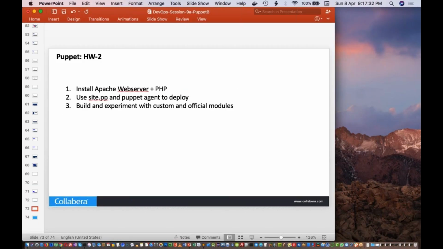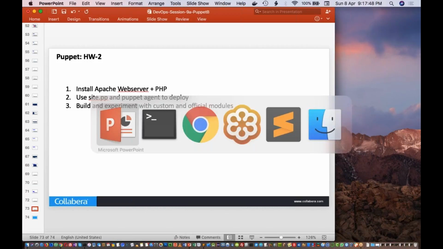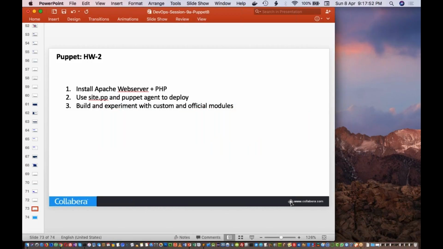As homework, please try out the example that I have showed you. Since I was not able to show you that web server with my web module, the whole init.pp, as homework you have to do that one. The content is available in the presentation, so please try out, and if you are facing any issue, please email me and I'll get back to you. While emailing, please send the whole details including the initial command that you executed, so that I'll be able to check your output trail and identify where the issue is.